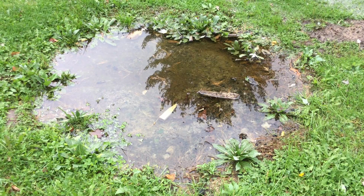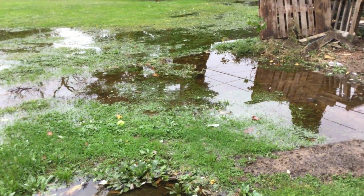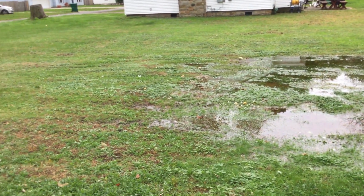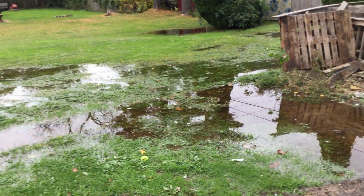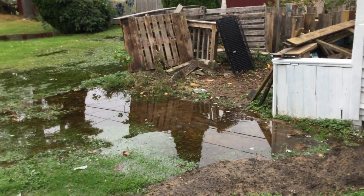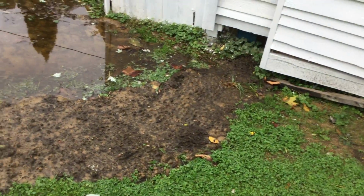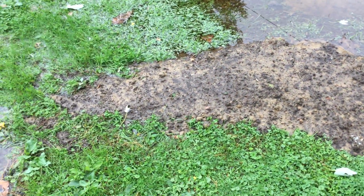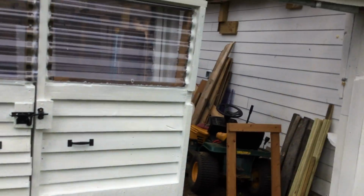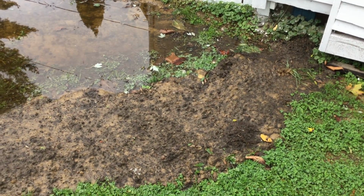Guess what? It rained a lot. And I mean a lot. A lot full of water. It's actually gone down since it was at its height. I tried to build a little dam there one day out of dirt from inside, hoping to stave off the water, which